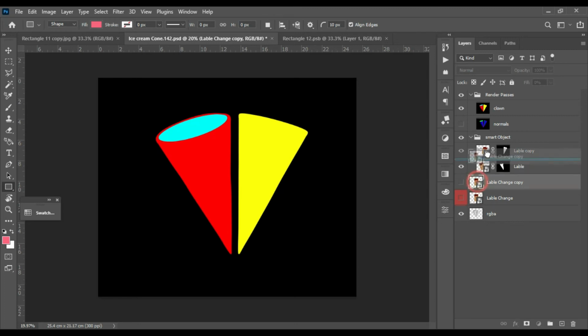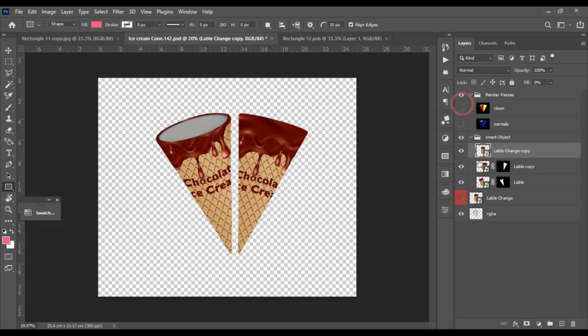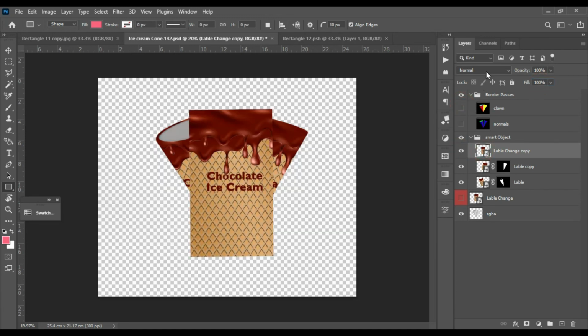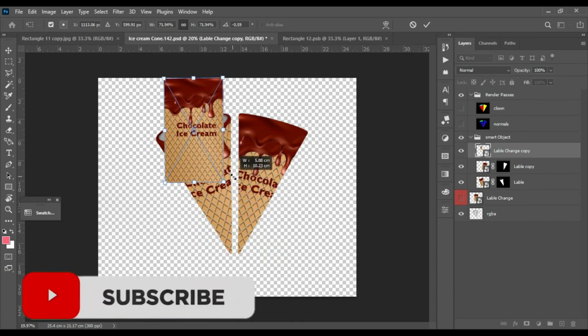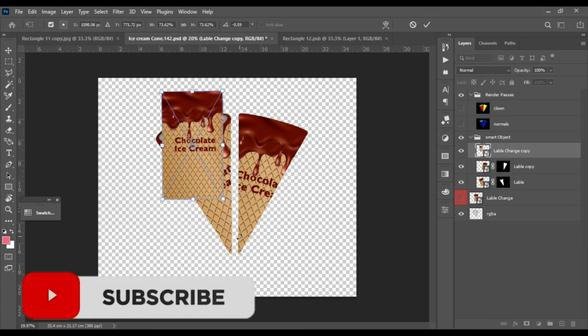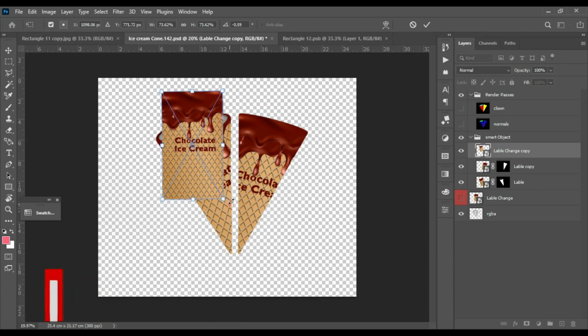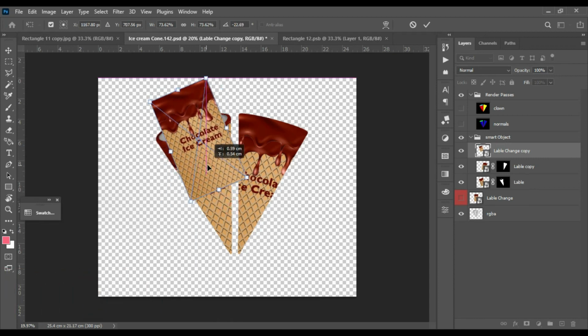make another copy, drag it up and hide it, hide this clown layer, make this to 100%, use Ctrl T, squeeze it out, place it above it, make its size a little bit, rotate it, reduce this opacity,